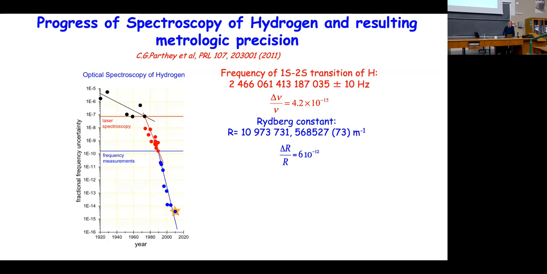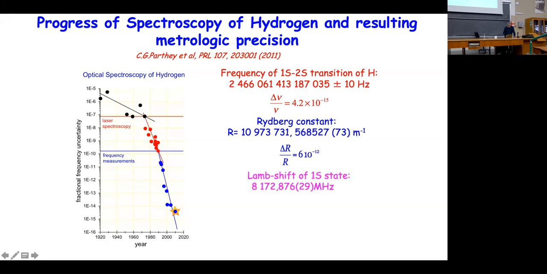It's because in the Rydberg constant, you have the mass of the proton which enters into play, and the precision with which the mass of the proton is known is not as good as the measurement of the frequency. But still, you have 12.6 10 minus 12 here on delta R over R. Another very